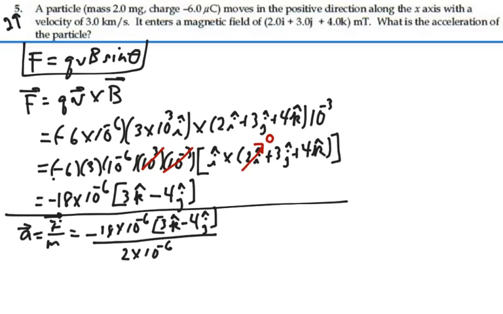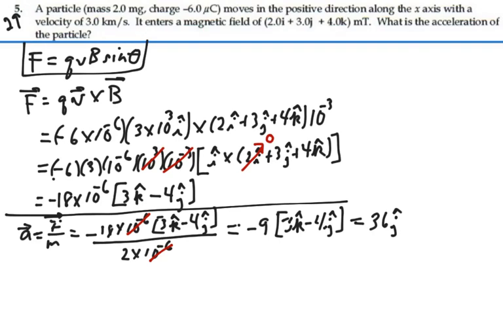We have a 10 to the minus 6 and 10 to the minus 6 cancel out. Negative 18 divided by 2 will give me a negative 9. So this would be a negative 9 times 3k minus 4j. If I multiply the negative 9 through, I'm going to end up with